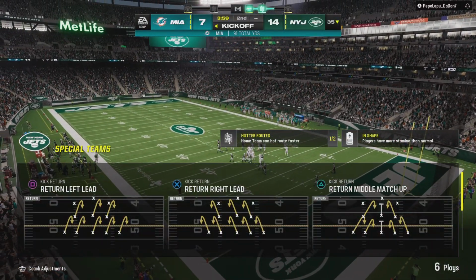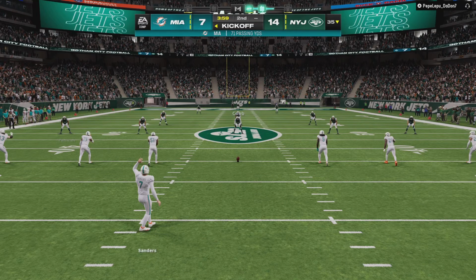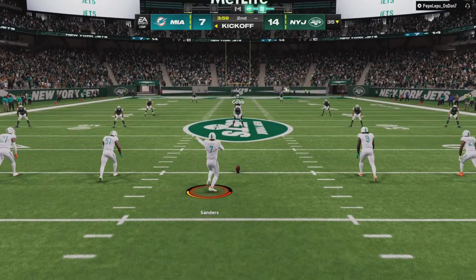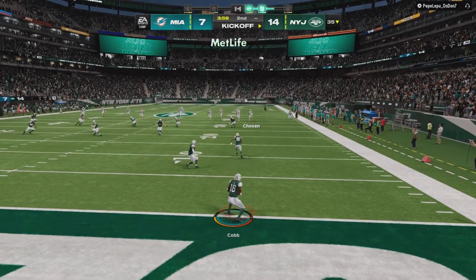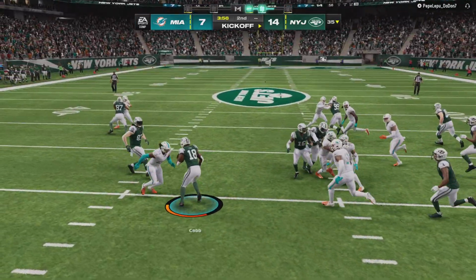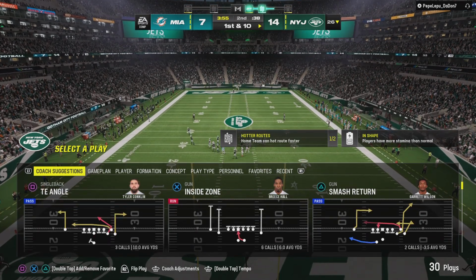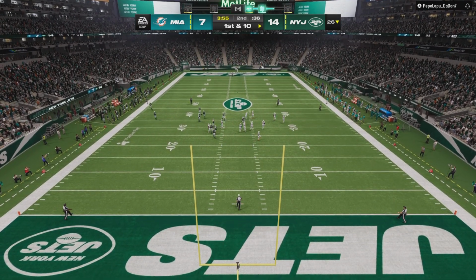Jets 14, Dolphins 7. Jason Sanders is the kickoff for Miami. Now after the touchdown, ready to kick it away is Sanders. Now the return. Here comes Randall Cobb. And he takes this near the 25. Just a little pass there. Call it the 26. Take over first and 10 at their own 26-yard